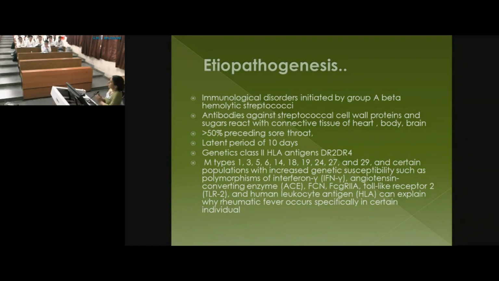Then again, whenever we test, how do we know that the child had an infection in the past? We can test antibody levels. So which antibody do we test? Usually we go in for ASO titers. We find that the ASO titers are elevated in more than 75%. So most of the patients will have elevated ASO titers, and for those who don't, if we do anti-DNase B titer, that is usually elevated. So you have evidence of streptococcal infection.